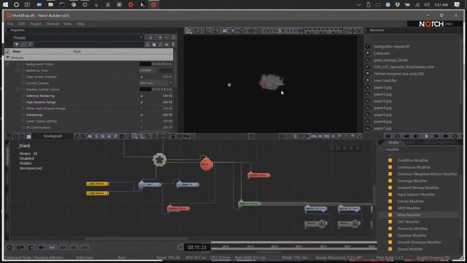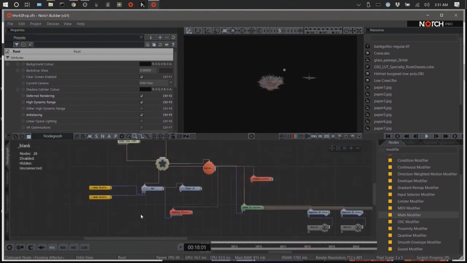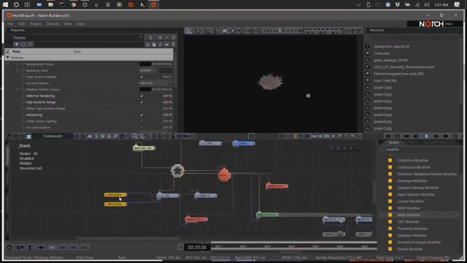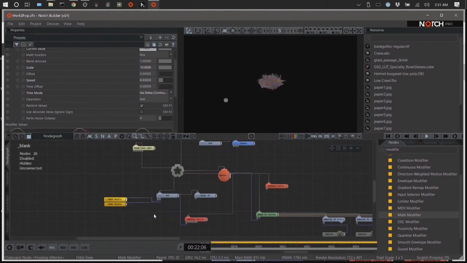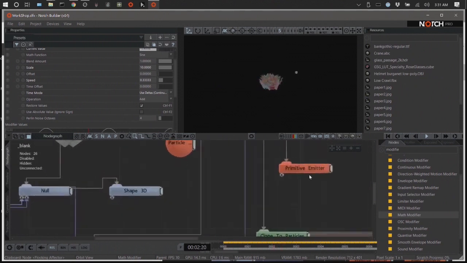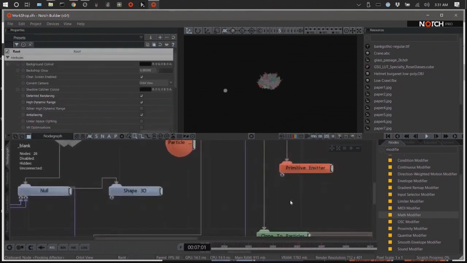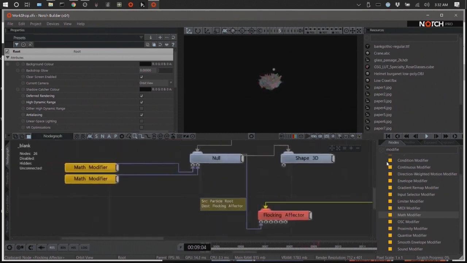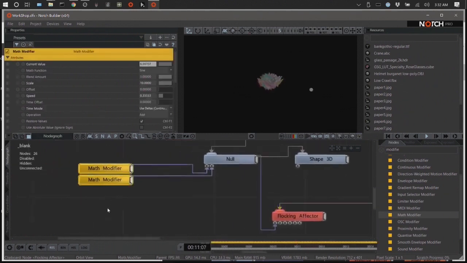So what I'm going to do is copy these two math modifiers,